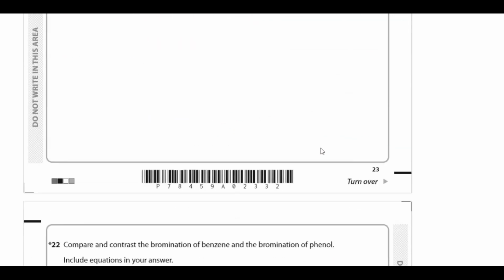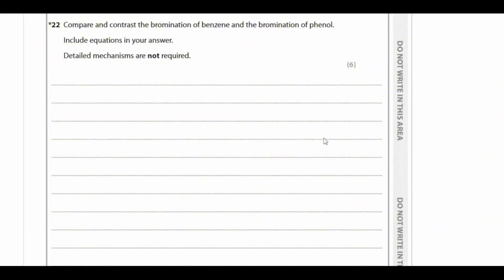All right, the next question they said here: compare and contrast the bromination of benzene and the bromination of phenol. These two are different synthesis systems that we need to analyze greatly. Now, fun fact is that since both of them involve an aryl compound, so the first similarity we can say